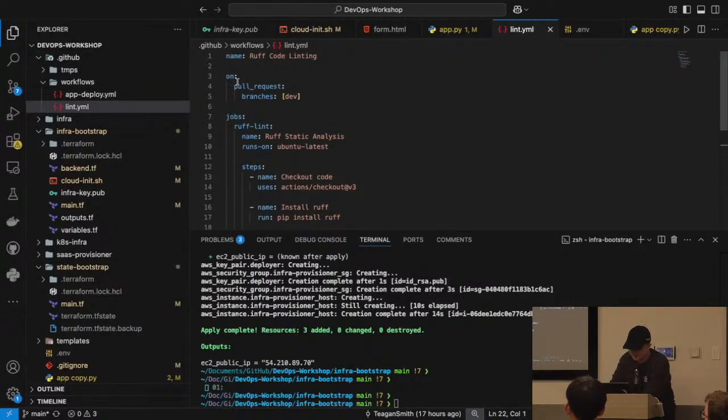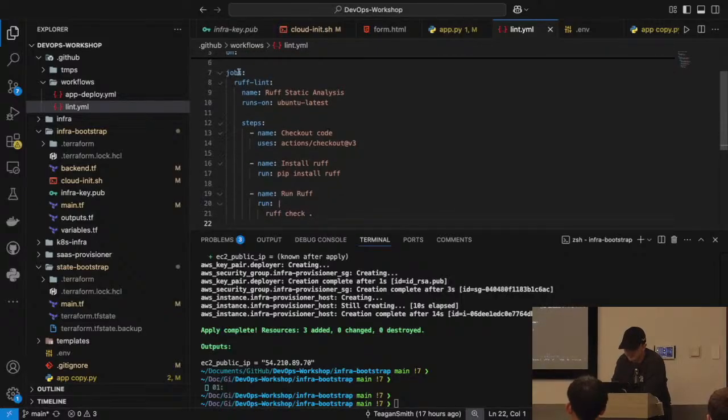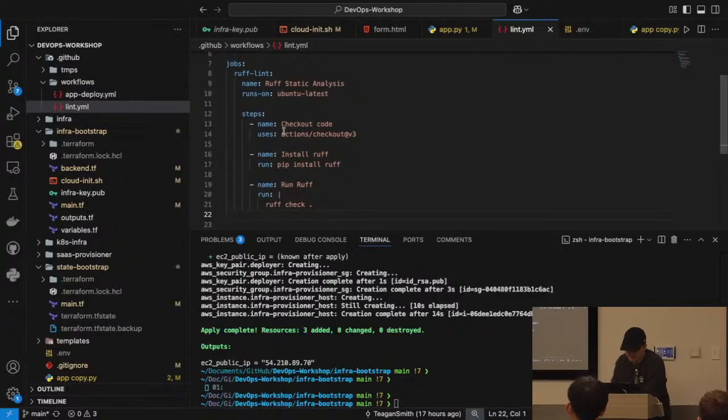And so what this workflow is doing is saying, on a pull request to our branch called dev, we're going to run these jobs, right? Jobs can encompass a whole list of things in the real world. In this case, this is creating something called a runner. Some of them run on Docker containers, and it's basically acting as if it is a human being sitting there testing your code.